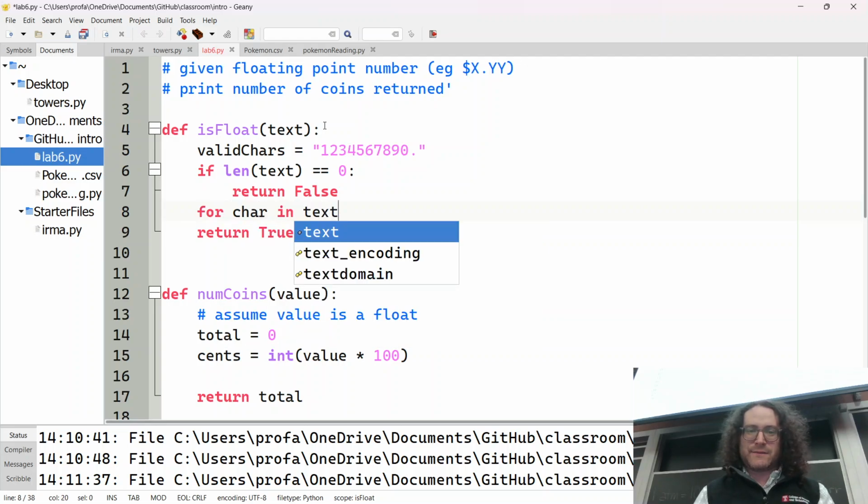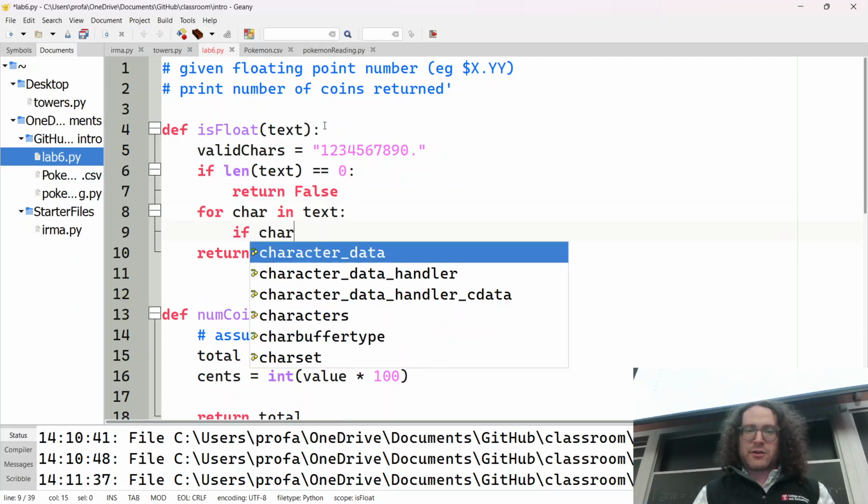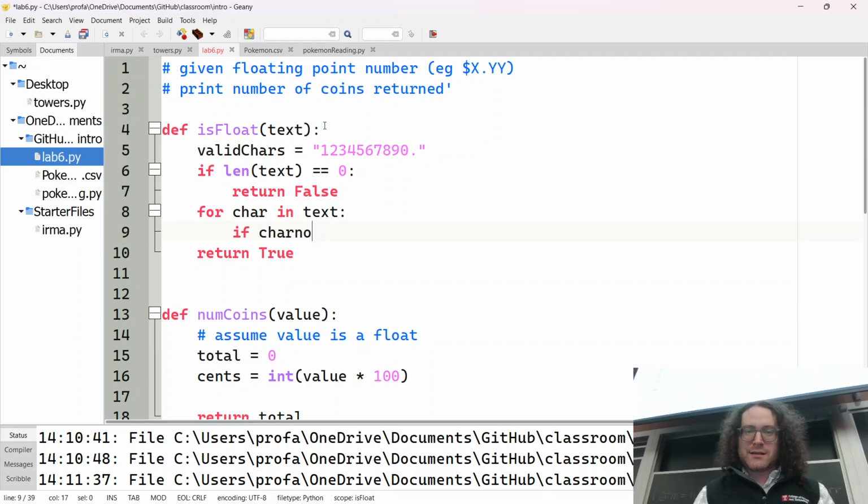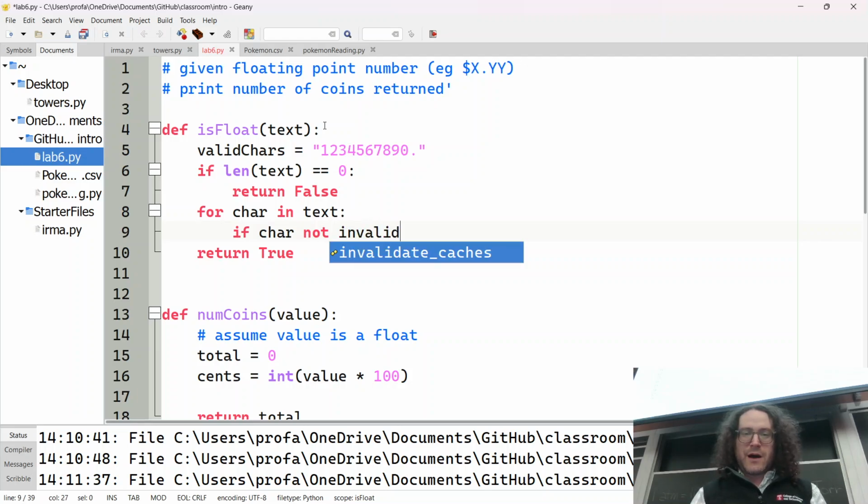So what we need to do is just check every single character. For char in text, if character not, and we can just simply say not in. It's so nice to do that in Python. If character is not in valid chars,